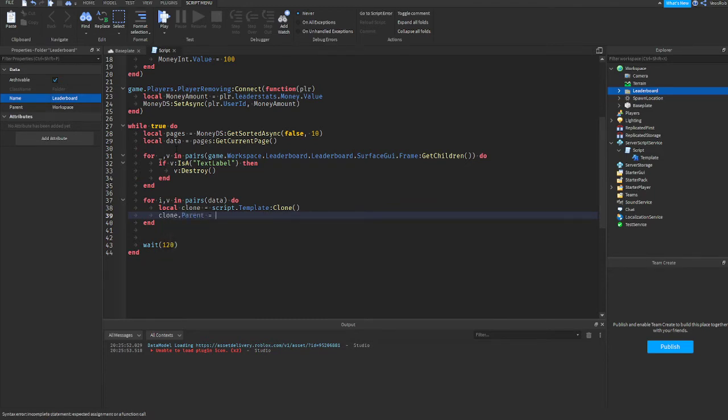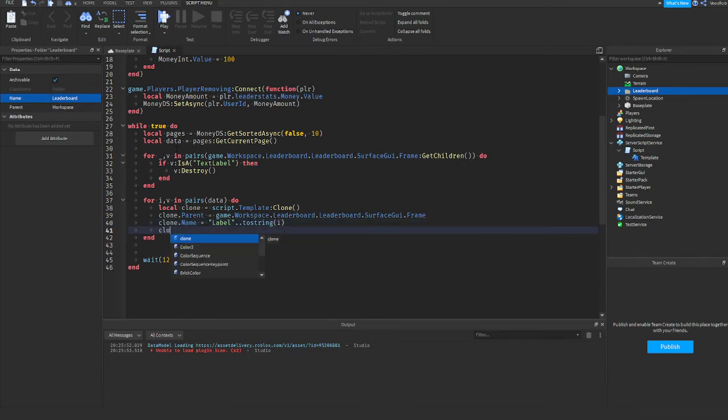So we'll say clone.parent equals game.workspace.leaderboard.surface.gui.frame, and then we can say clone.name equals label, concatenate that with tostring(i), so we know which one it is. And then we can say clone.text